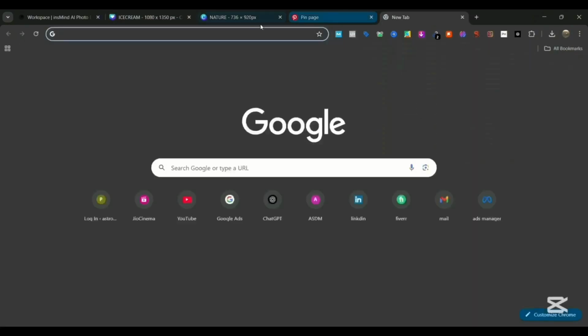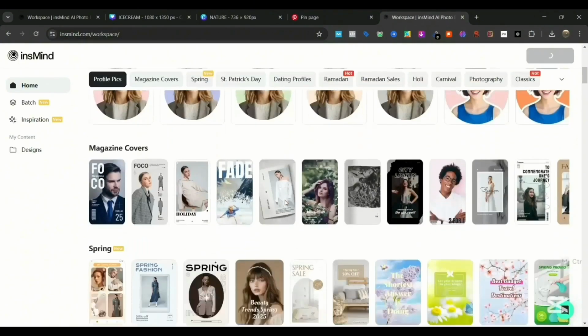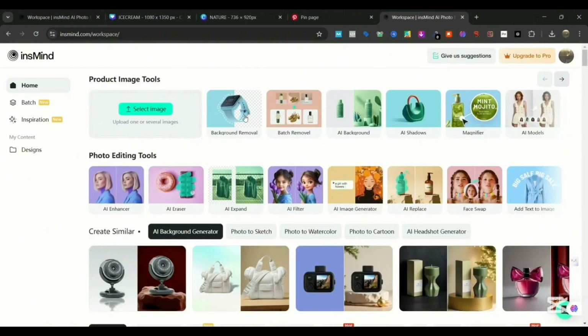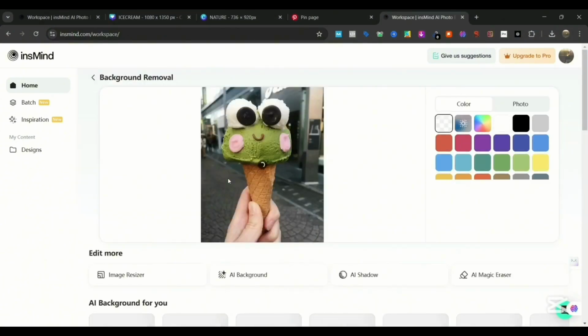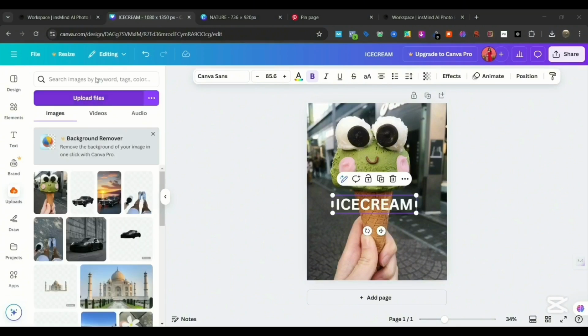We will go to InSmind site, click on Started, and here you will find many tools and features on a single platform. But right now, we only need the background remover tool, so we will go to the first site and upload our image. Once the background is removed, we will go to Canva, upload the edited image and adjust